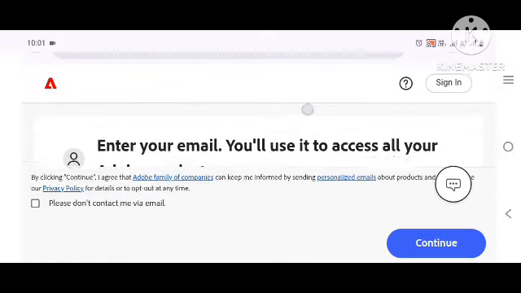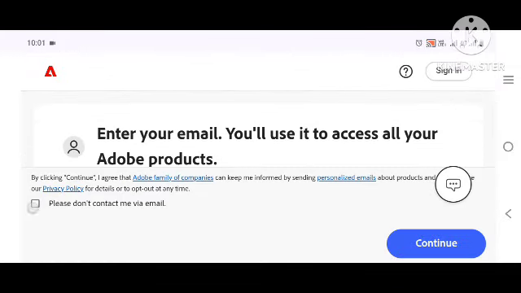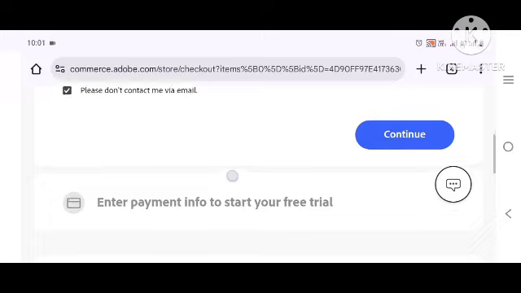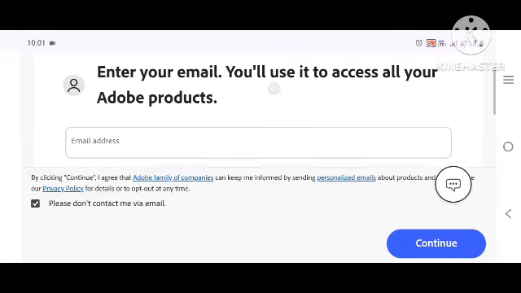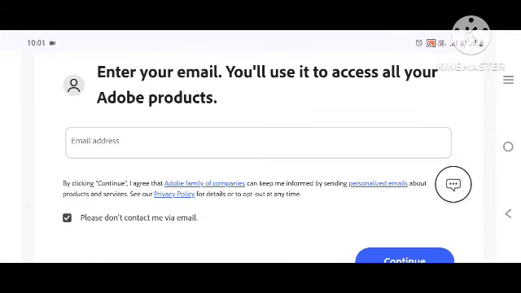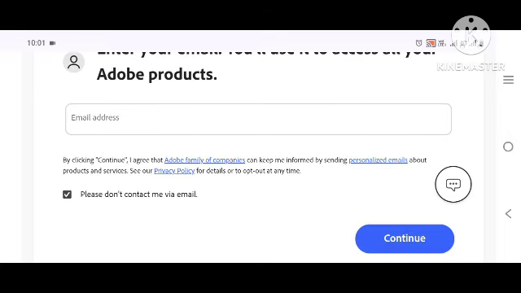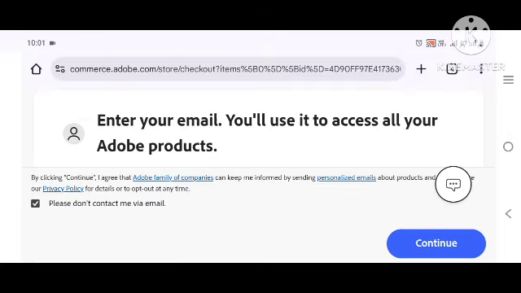Now we are in Adobe Creative Cloud. You will just accept and put your email account. From there you can use all Adobe products. Now you will have to download Adobe Creative Cloud. Remember, we downloaded Adobe Creative Cloud before